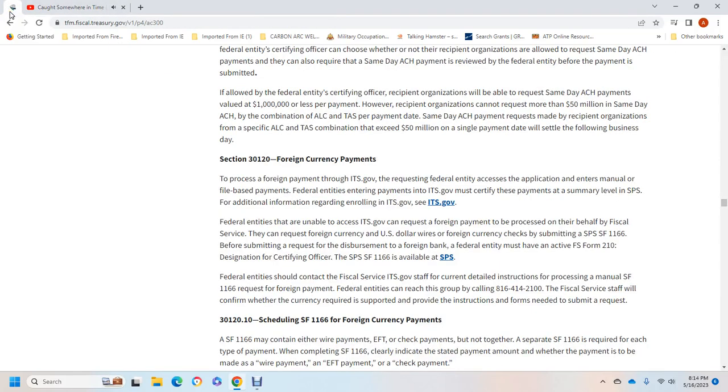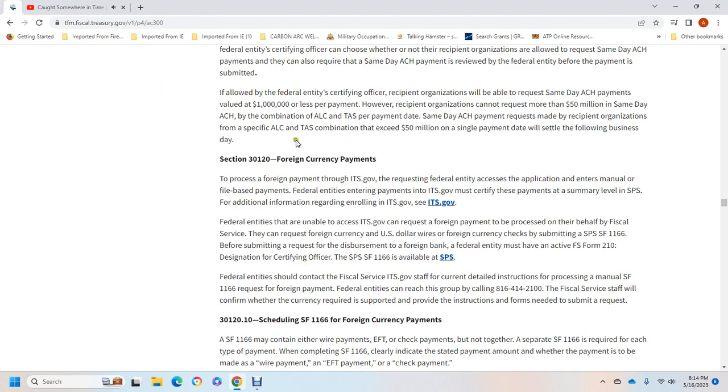Alright, Section 3120, Foreign Currency Policy Payments. Foreign currency payment is the process of making foreign payments through the International Treasury Services, Gov, requesting the federal entity's application for entry for the annual file-based payments. Federal entities enter the payments of the international,